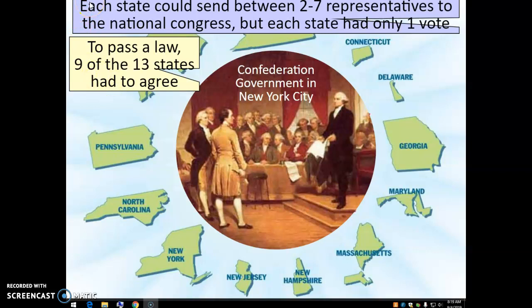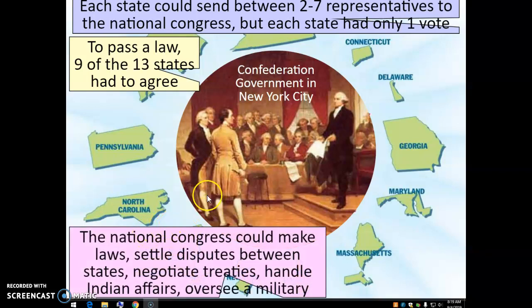You had to have a 70% majority in order to pass certain laws, and then to amend any sort of laws, you had to have every state legislature agree to it. So you had to have a unanimous decision. That's hard enough with 13. Imagine trying to get 50 states to all agree on one thing. It'd be almost impossible. And it was even impossible for all 13 states because you have states with different self-interests. Delaware has completely different interests than North Carolina, and Virginia has different interests than Massachusetts. So each of these states really have their own agendas in here because they all work independently.